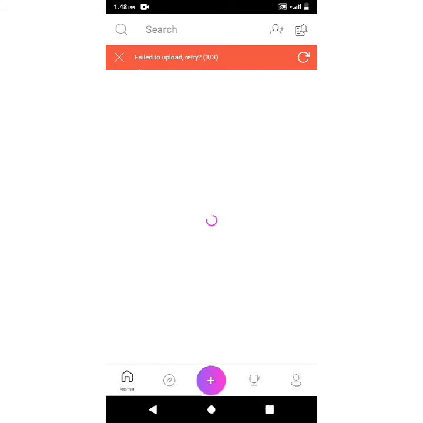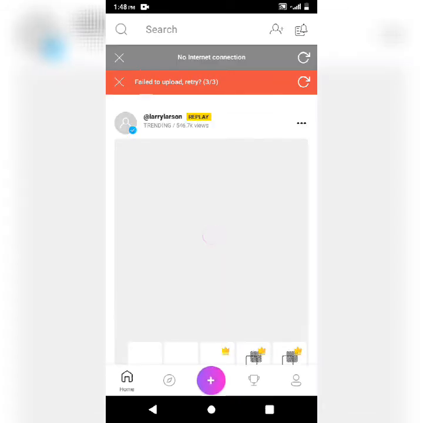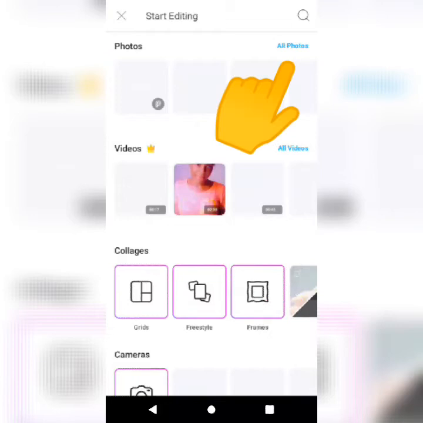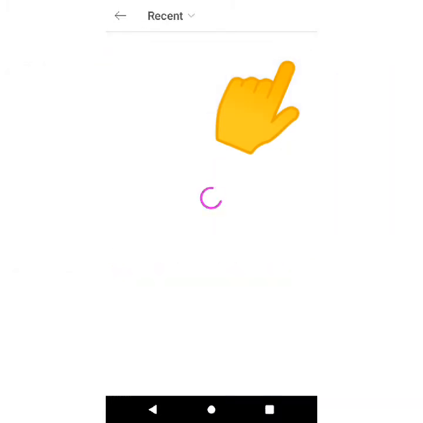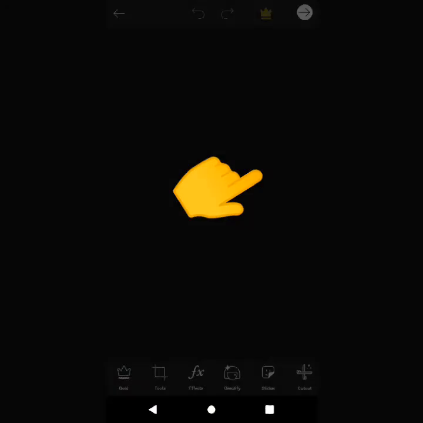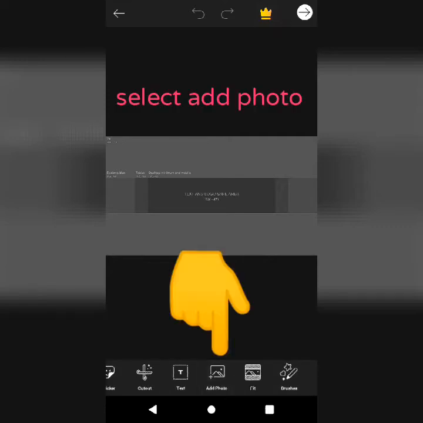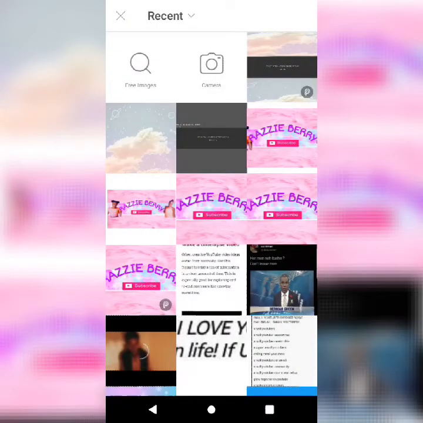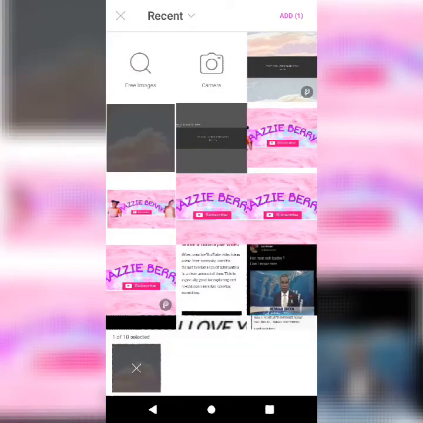Okay, so now that it's open, you're gonna press on the button with the plus sign, and then select all photos. Then you're gonna select the template that you downloaded first. Now at the bottom right here, you just wanna select add photo, and then you're gonna select the aesthetic background that you downloaded last,